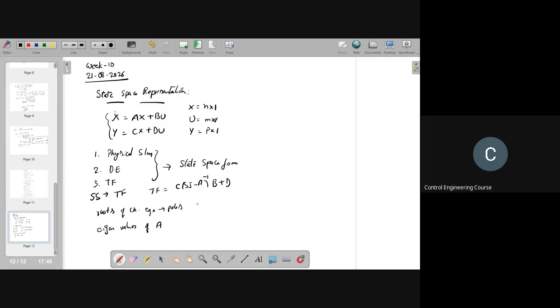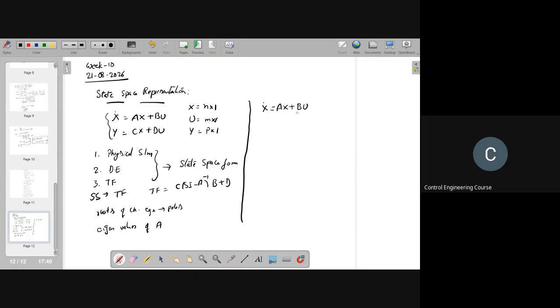Next, I also discussed finding the solution of the state space representation. Given a system, x dot is nothing but a differential equation. Then how do you find the solution of this differential equation? Because here these are in vector and matrix form, in this case how do you derive the solution? That means, how do you find the state trajectories?